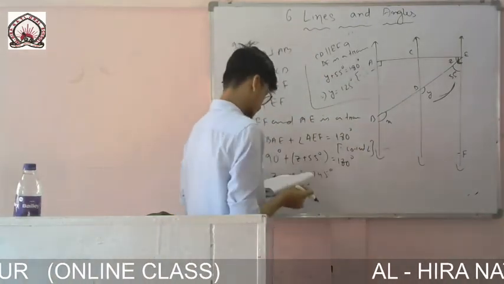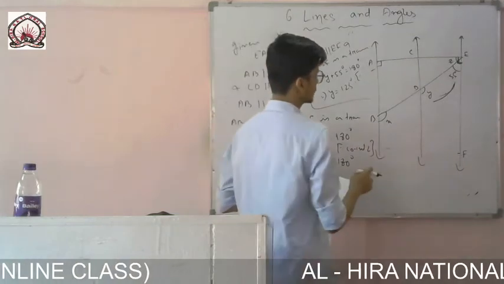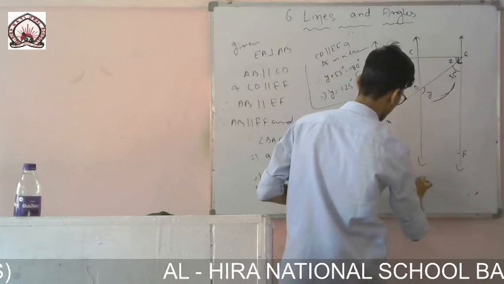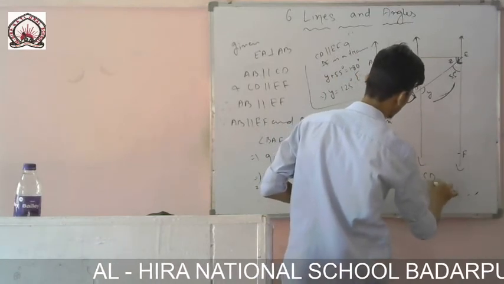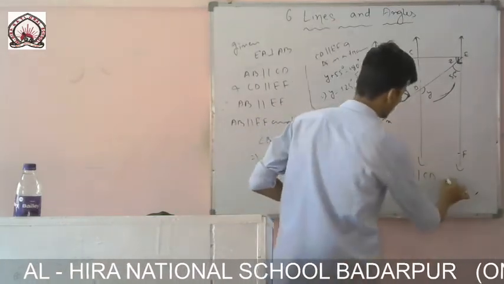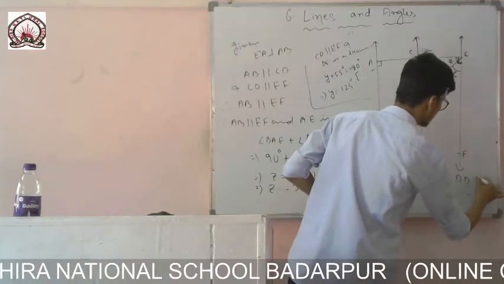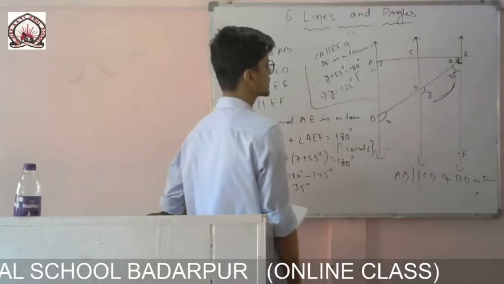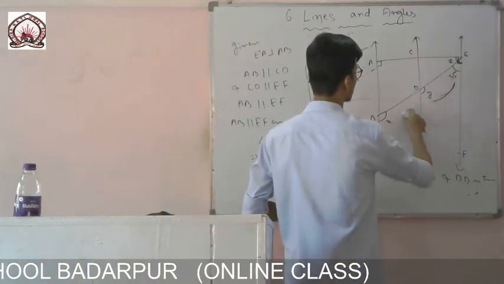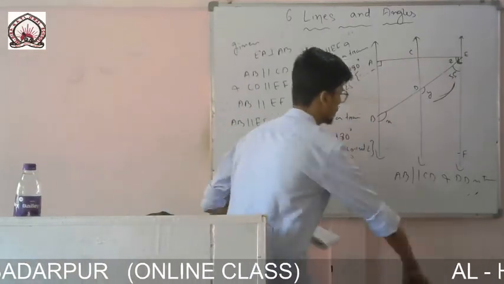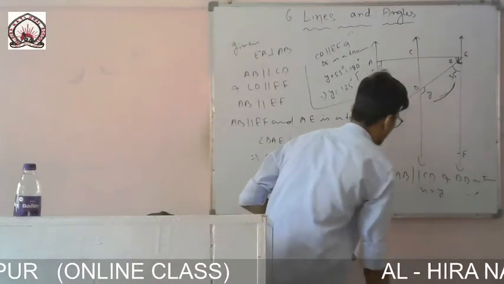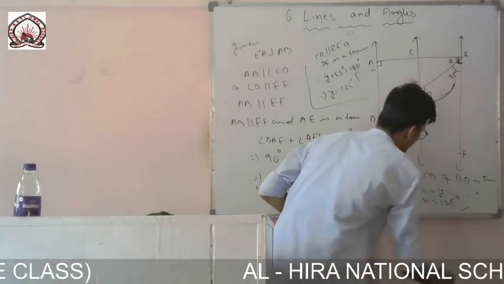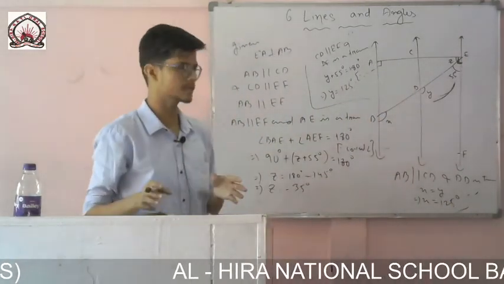Now the last one, you see. If AB is parallel to CD and BD is a transversal, then this angle and this angle are corresponding angles. So angle X will be equal to angle Y. What is the value of Y? Just now we have got it, so X will be equal to 125 degrees. So these are the three answers. Very easily we have found them.